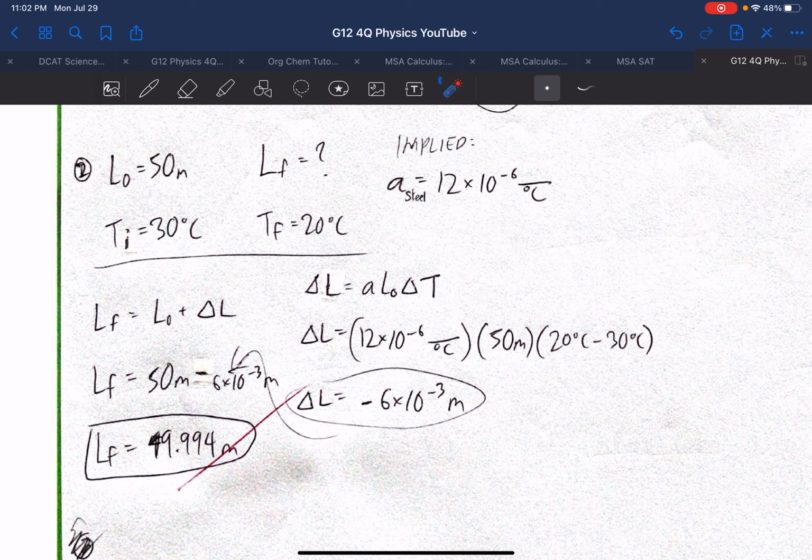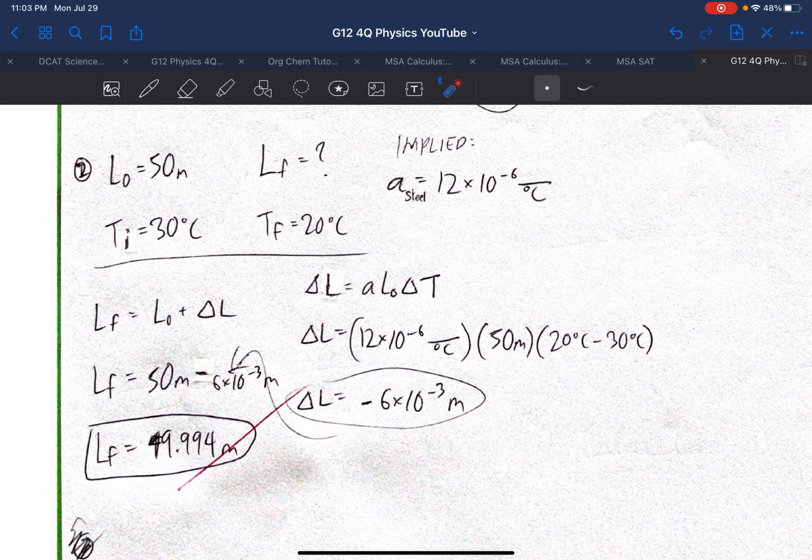It is implied that the material being described is steel. So even though the question will not mention the linear coefficient value of steel, it is already implied. So you just have to